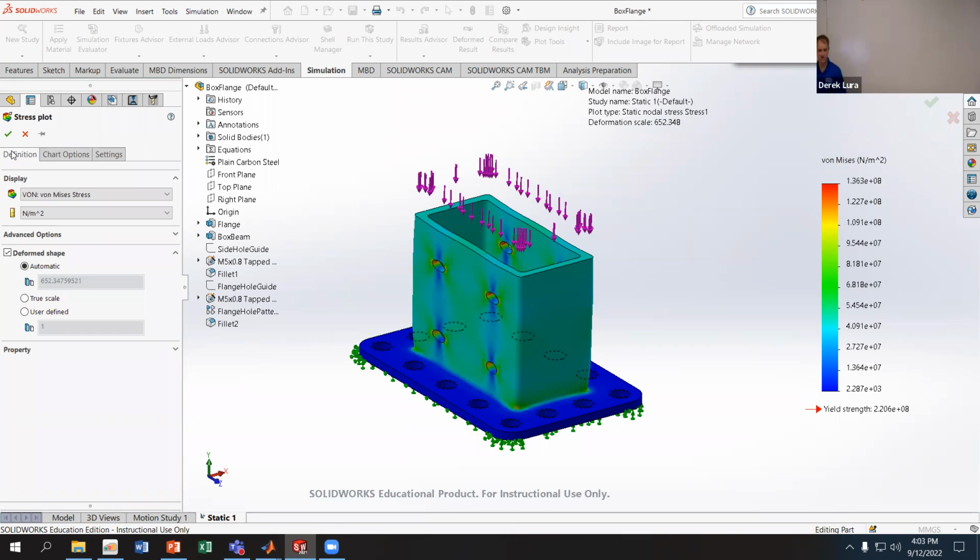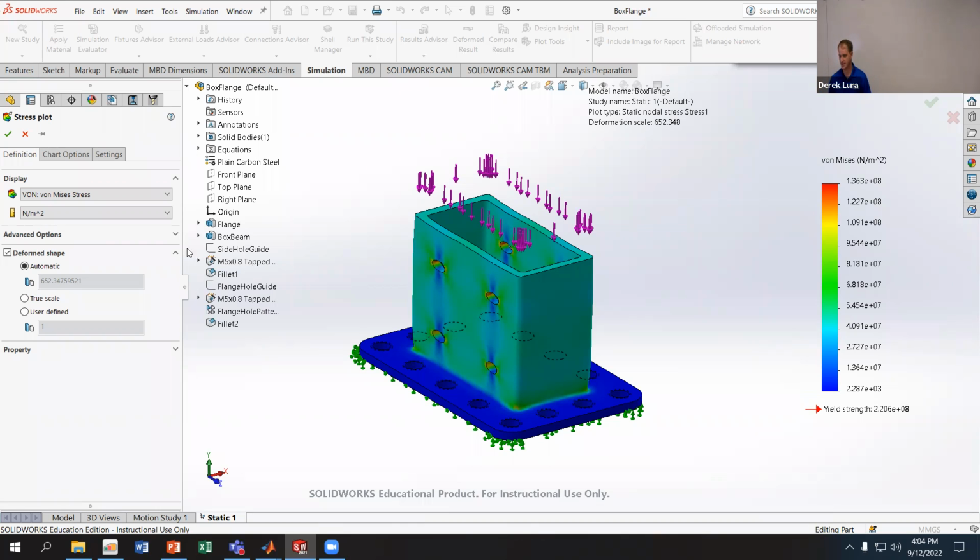The stress that it is showing by default is von Mises stress, which is a non-directional magnitude of stress measure. So it's not telling me the direction of the stress or the type of stress. It's just telling me, think about speed versus velocity. It doesn't care what direction that stress is being applied. What you can do, if you care about the directionality of the stress in the part, is change this to show whichever direction you want based off the coordinate system of the part or a user-defined coordinate